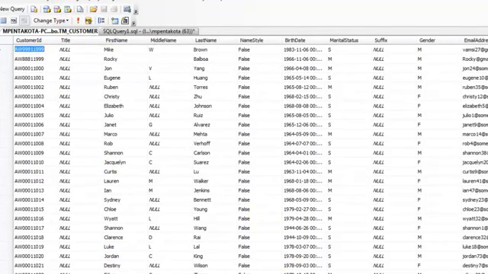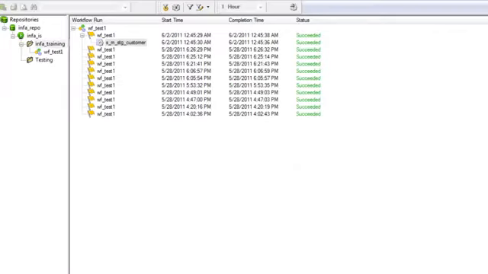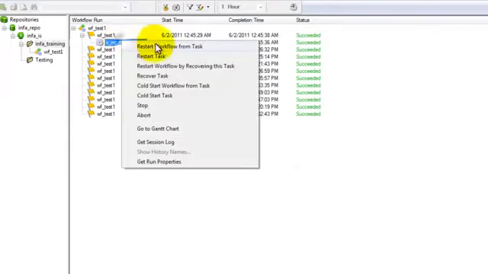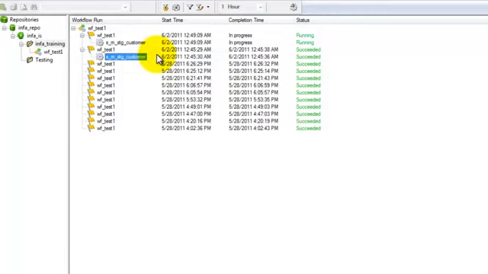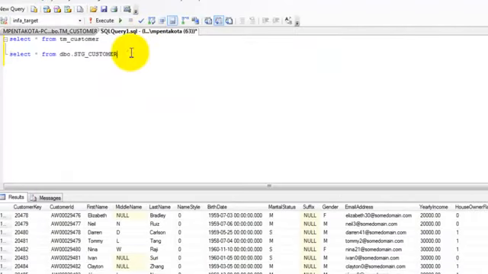I changed the house owner flag of Rocky to 0 here, and when I run the session, let's examine how the record is inserted into the target. It succeeded. So let's go back to the